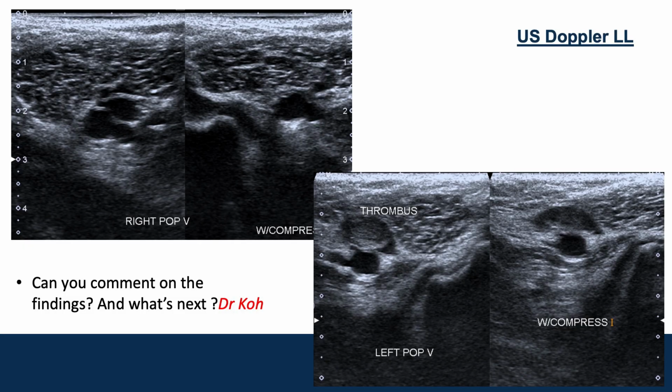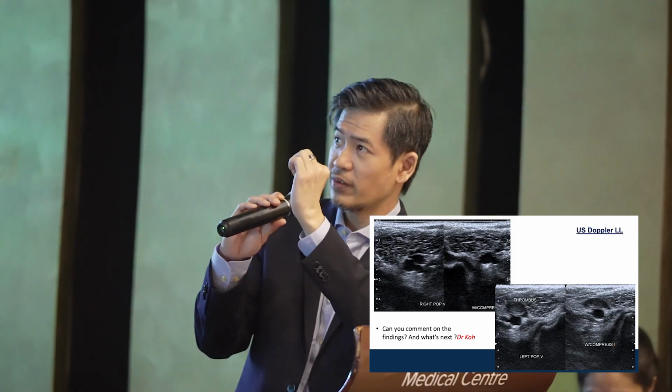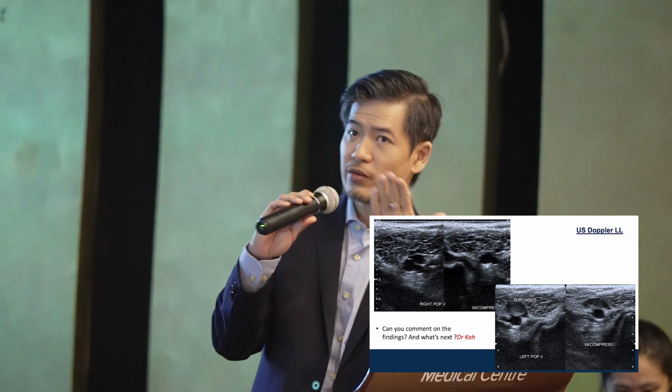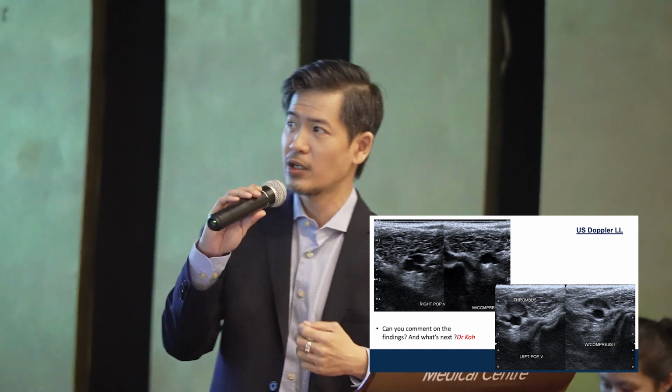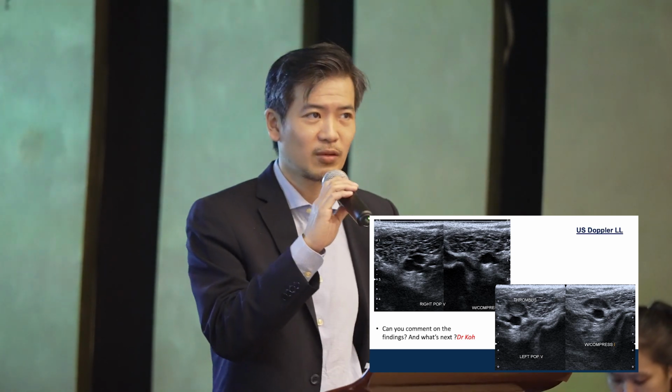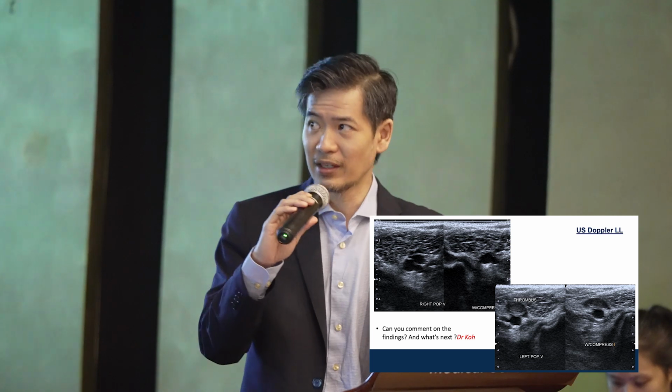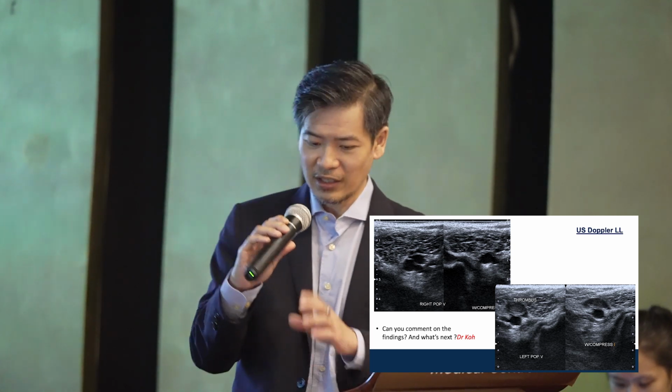Yep. So by comparison, if you look on your left, it's actually the right popliteal vein, and it's round. And when you compress, it's compressible. On the other hand, on the right side, you can see a very big glaring thrombus. It's even printed in bold, thrombus there. So this patient has a DVT, even at the point of examination.